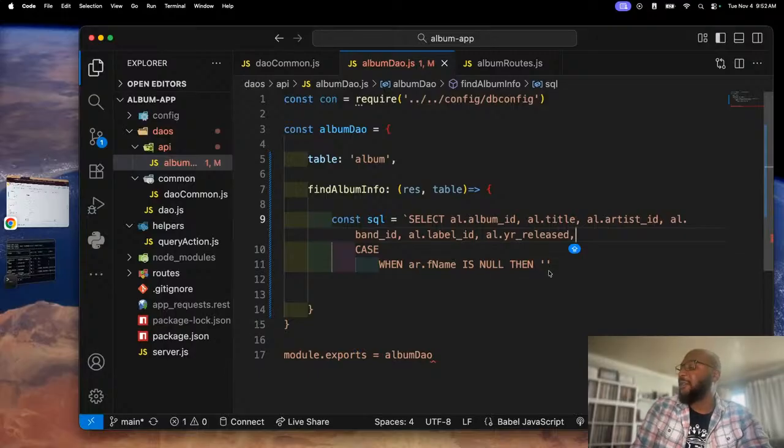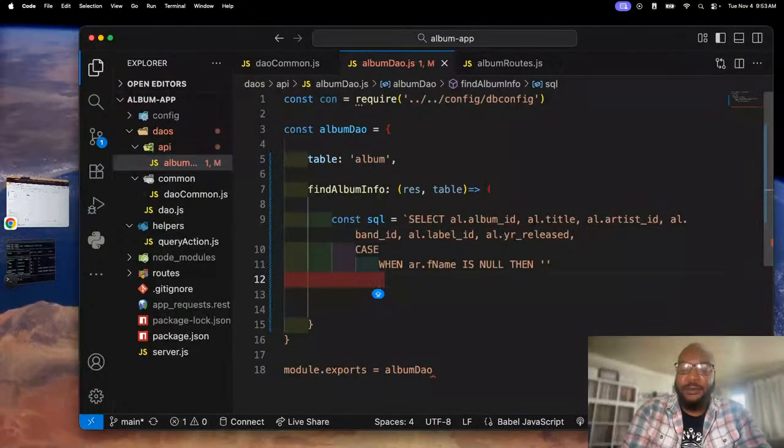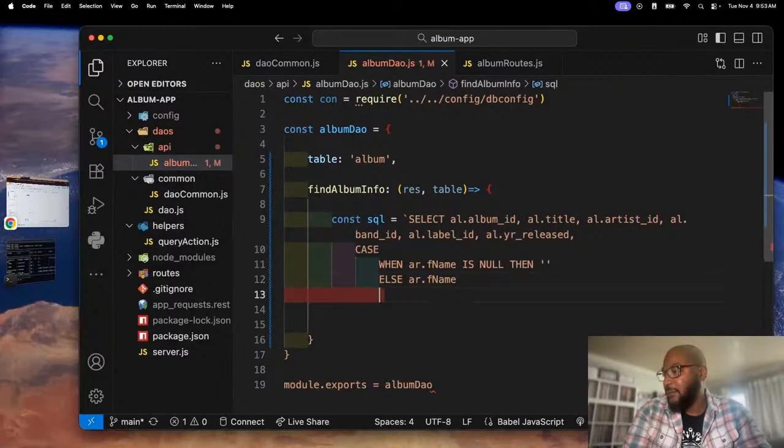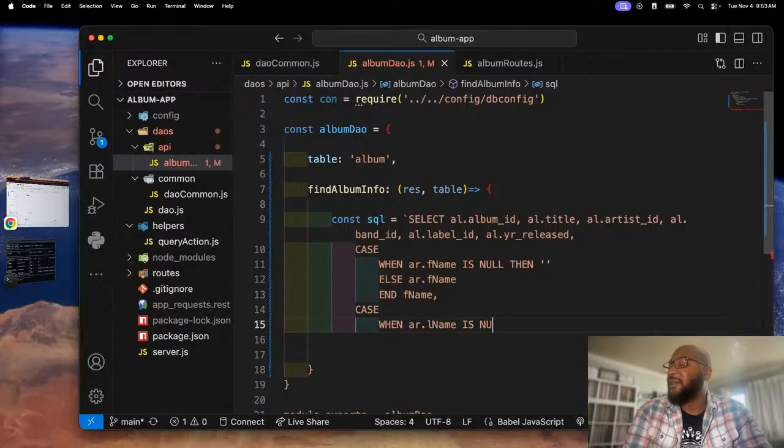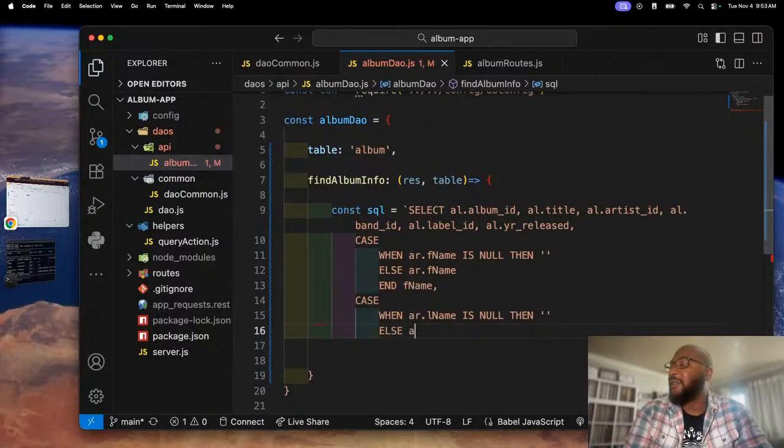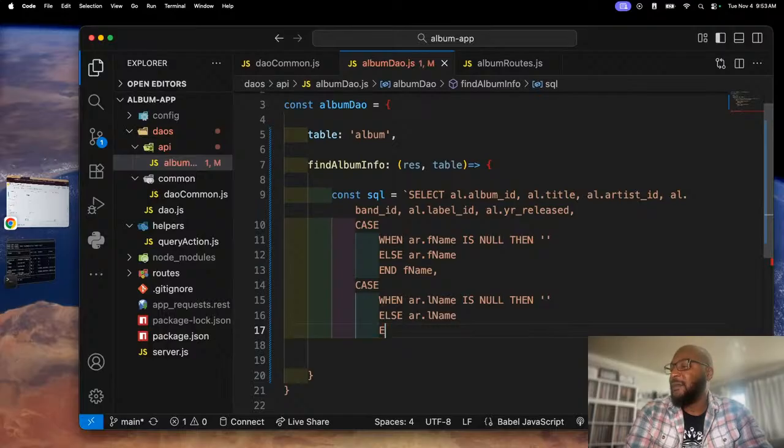Case when artist first name is null, then empty string, else AR F name, and then end F name. Case when AR.L name is null, then empty string, else AR.L name, end L name, comma,